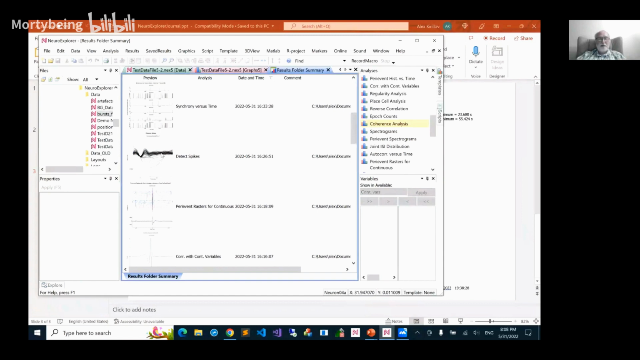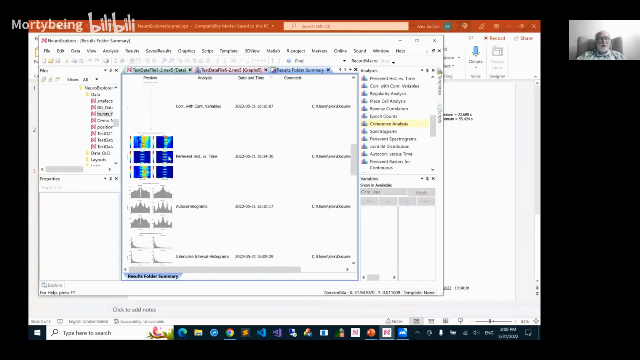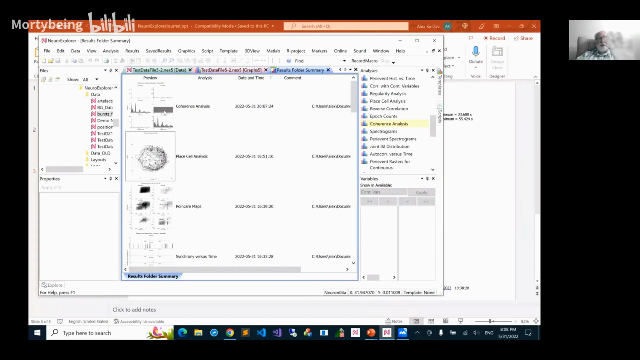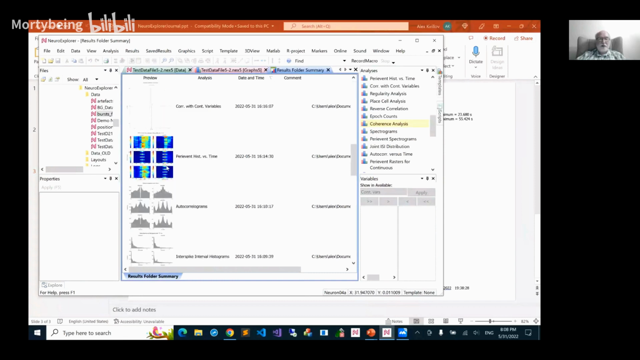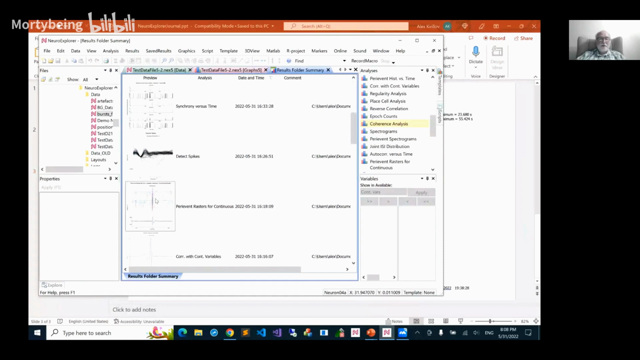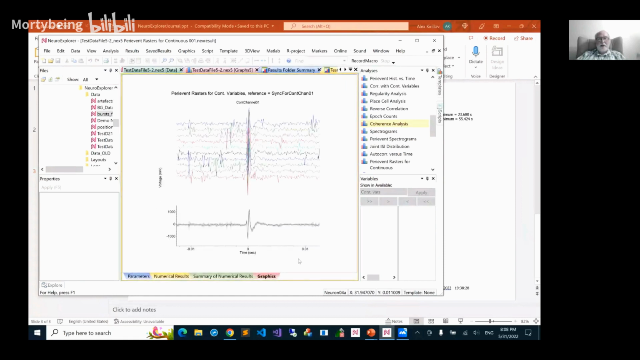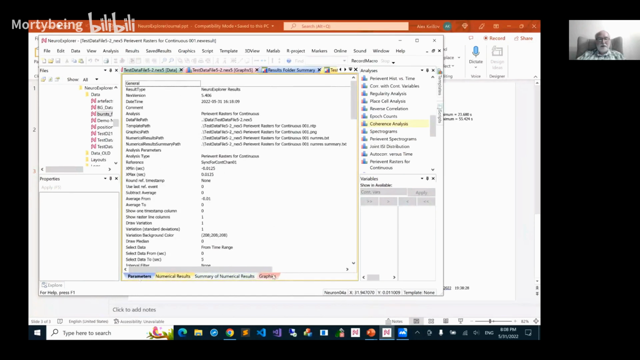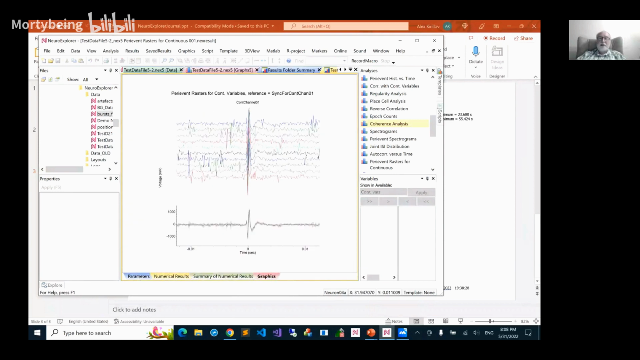So these are just saved results. If we double click on one of them, for example this one, perievent rasters for continuous, it shows the actual graphics, and then we have numerical results, and we have parameters. But what if we want to go back? To go back to the same analysis is difficult without saving using this menu or